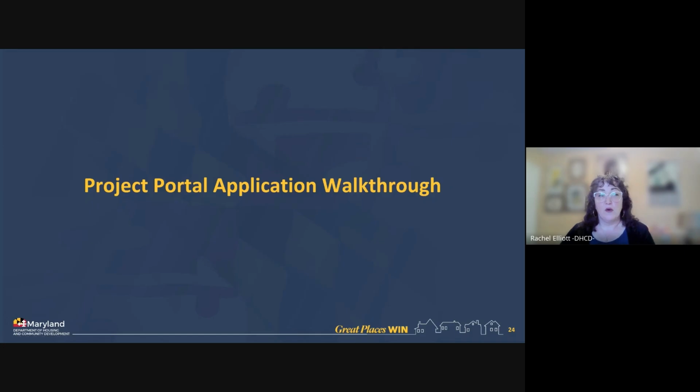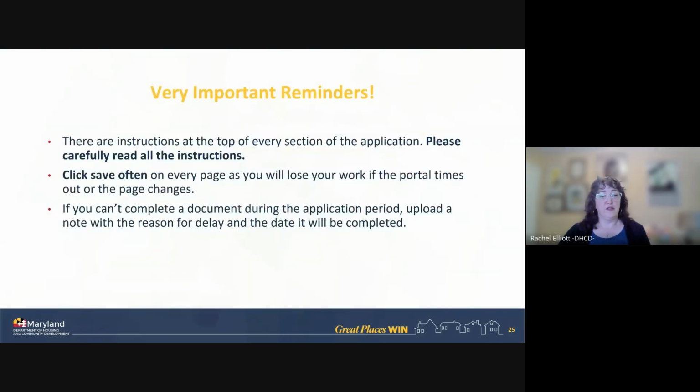So now I'm going to walk you through how to do these things, how to look at the portal itself and get in there. There are many other instructional documents all over. I just want to say, these are the most important things. Once you get in the portal, every section has instructions about how to do it. Please read them. The small print is really important. It will help you a lot and help you be less confused about how to do that. And yes, please read all the instructions.